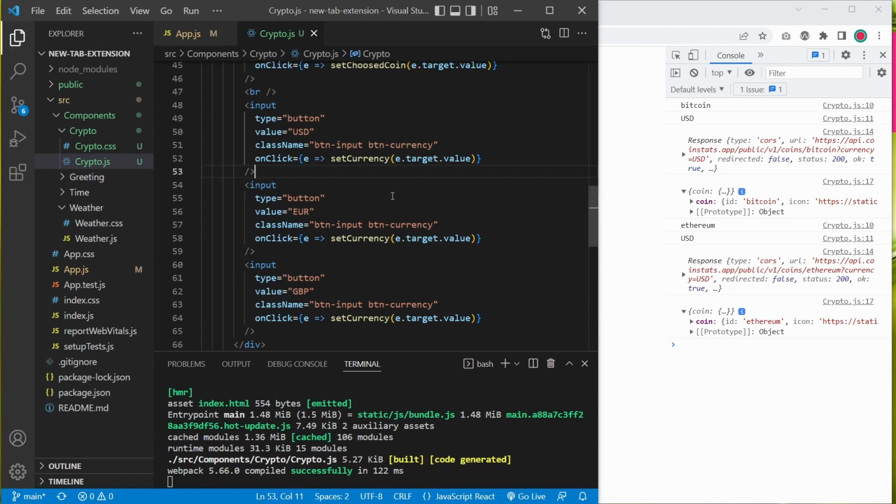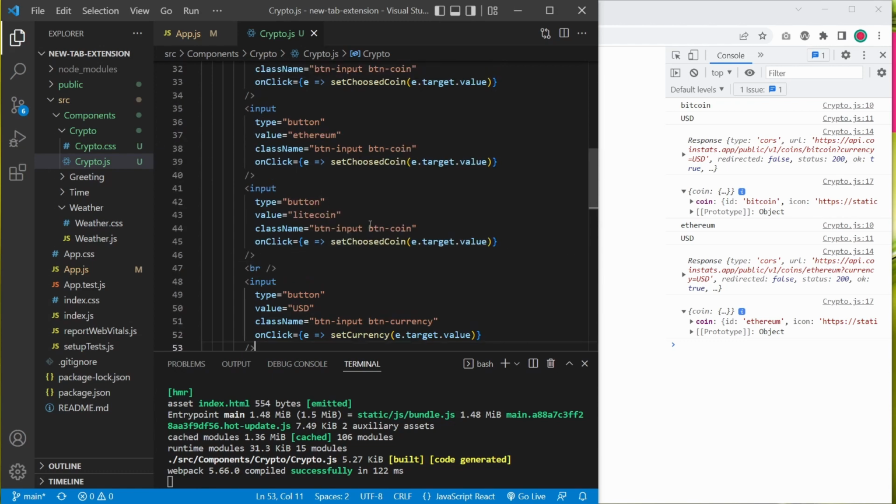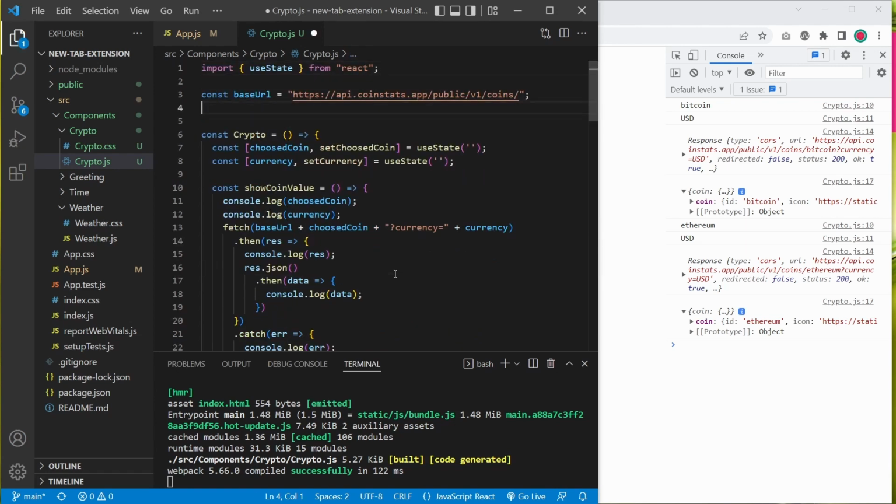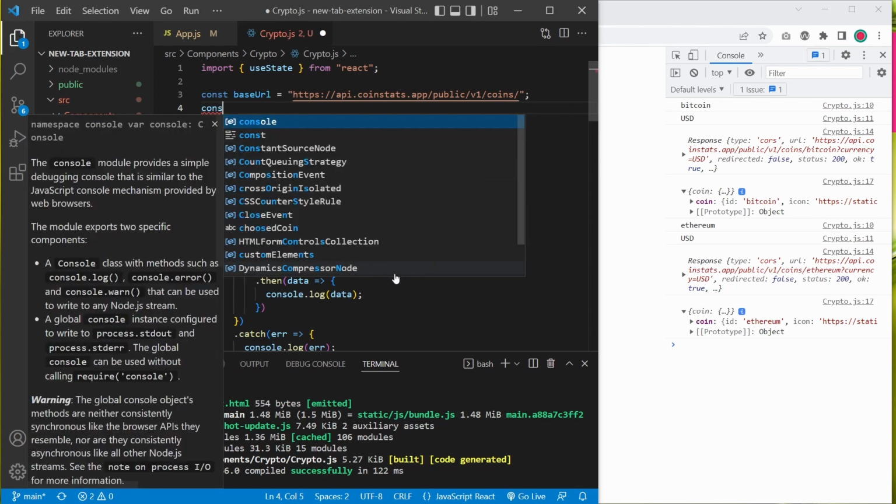Now, I don't suppose you're gonna leave these inputs just like that. That's right, we won't. Imagine having like 20 types of coins and maybe 50 currencies. It doesn't really make sense. So we're going to create a couple of arrays to hold those coins and currencies values. So we're going to create these couple of arrays and we're going to loop through both of them and render an input tag for each item. So the first one is going to be the currencies,